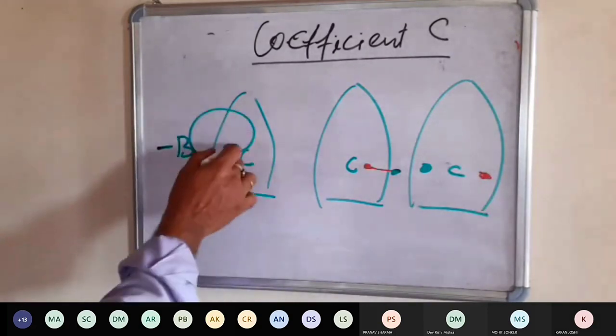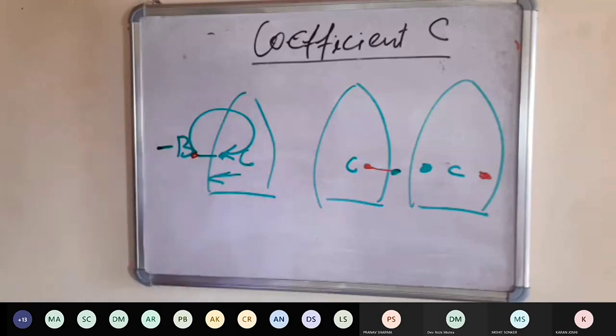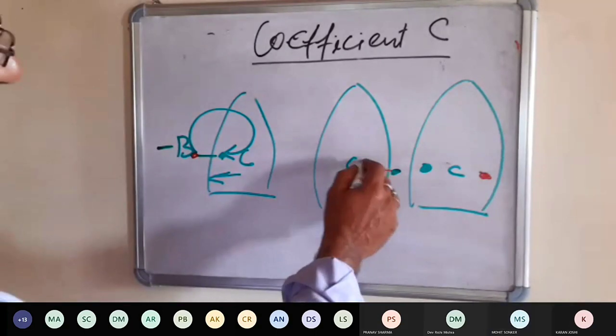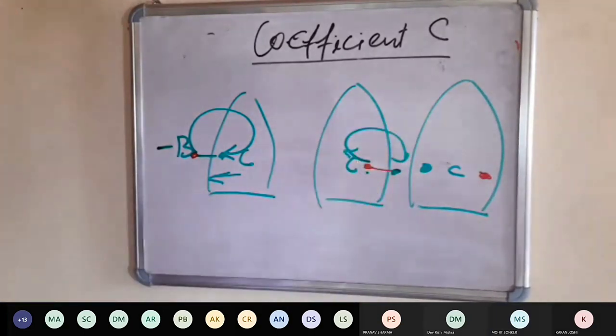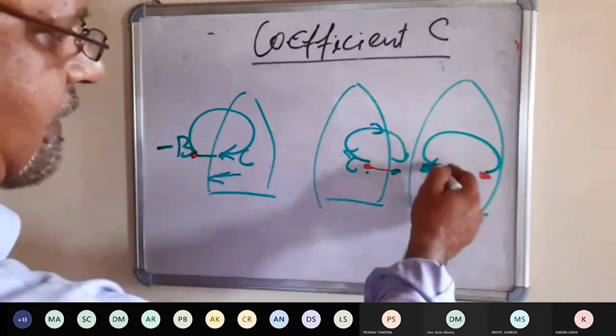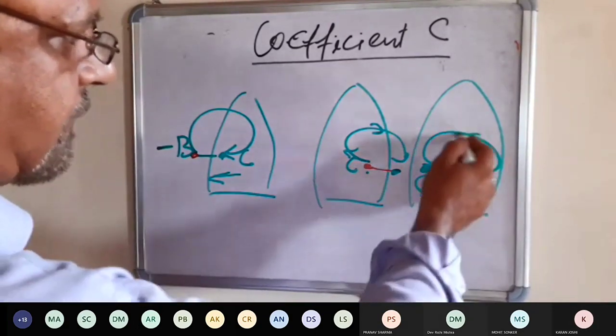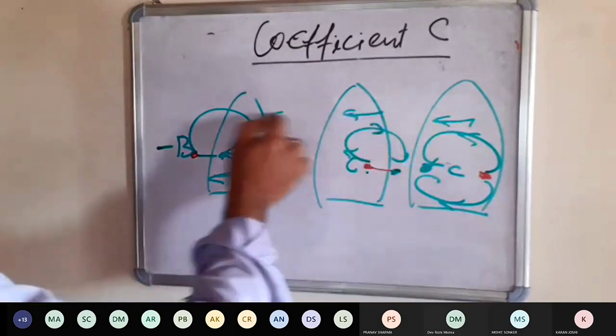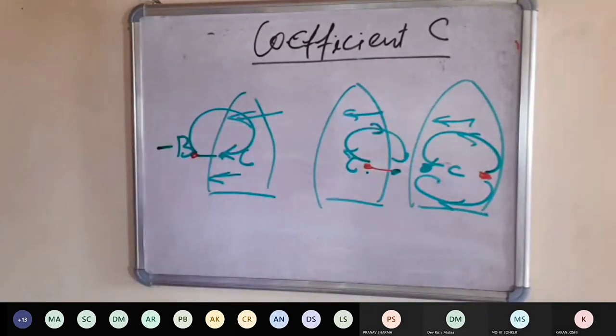Now these lines of force will be going like this. So is it working towards port? Yes, sir. Here it is going like this. Is it working towards the port? Here it will be going like this. Is it working towards the port? Yes, sir. All right. So these are the situations of